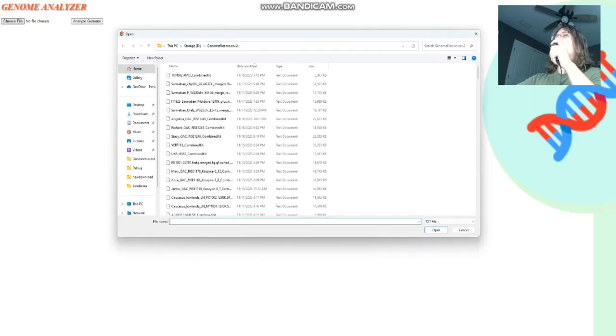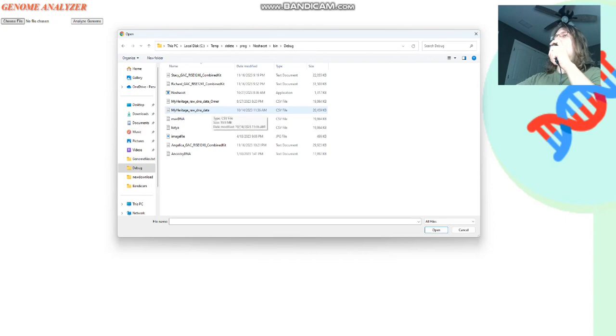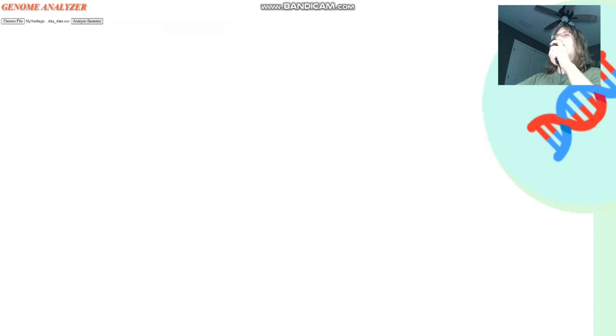So, the architecture is, you choose the file. For example, we're gonna choose my file, which is a MyHeritage file, and we're gonna make sure that it's all files because it's not a text file, it's a CSV file. So we select all files, and then we open my MyHeritage data. We're gonna click Analyze Genome. It's gonna prompt us to enter a name. By the time it prompts you to enter a name, all of the calculations are already done. So at this point, all the calculations are already done. We enter our name,